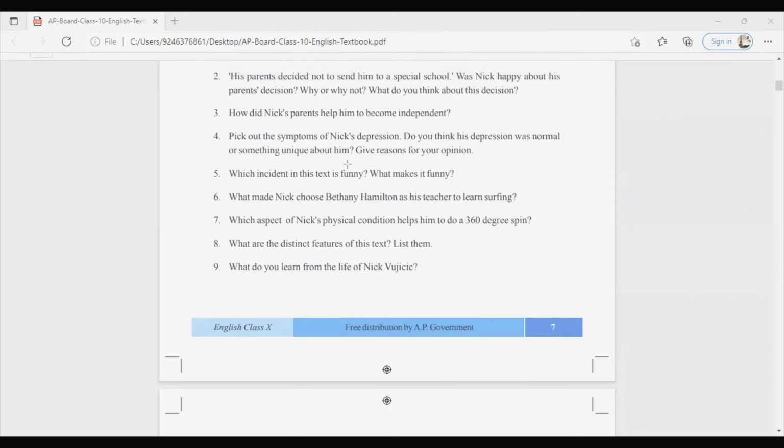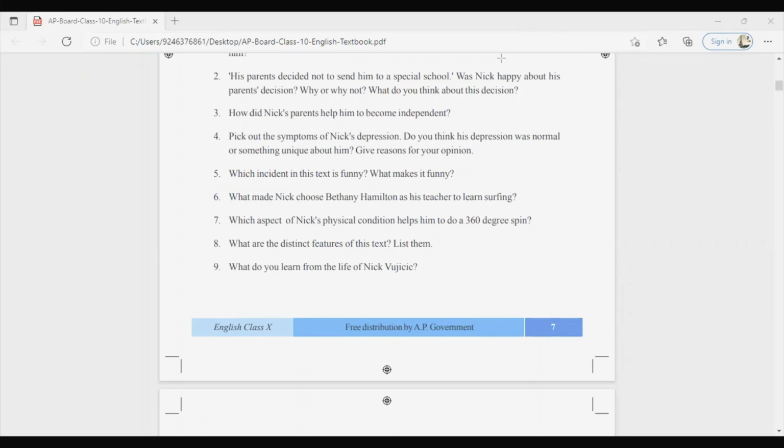So now, if you go on with the next question, fifth question: which incident in the text is funny and what makes it funny? Once Nick was moving in a car and a girl at the traffic light was looking at him interestingly, right? This was a funny incident. She would only see Nick's head. So he decided to do 360-degree spins in the car seat only to freak her out. When she saw the torso, she sped off really quickly. She got afraid and she really went away from that place. This is a funny incident in the text. The idea of Nick showing the girl his torso makes the scene the funniest one.